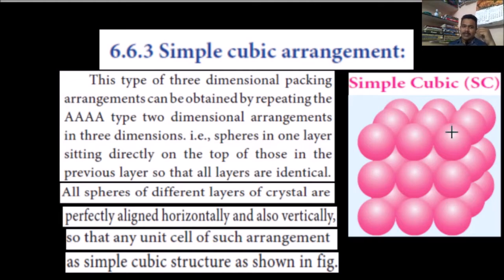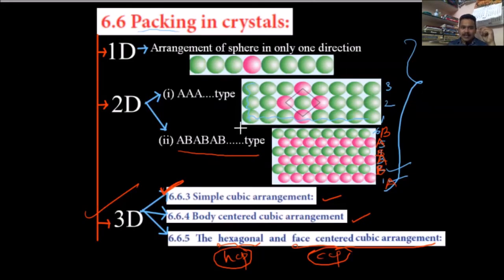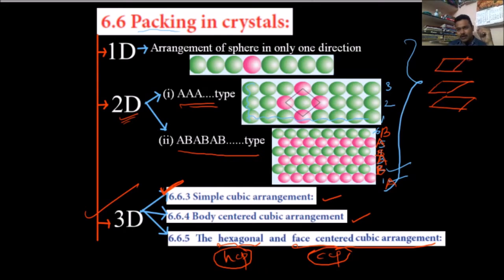So this type of AAA layer we already studied, in two dimensions only. See this, when you are talking about one row, all are identical with each other. This is the row, no, this is the layer, this is one layer. Two dimensional means one layer, and like that the second layer will be there, after that the third layer will be there.